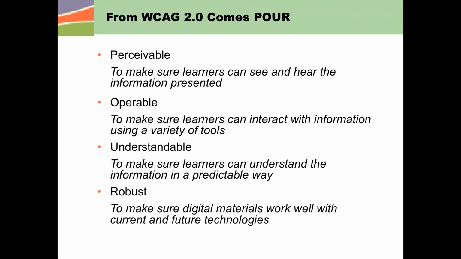An acronym that came out of WCAG 2.0 is a series of principles that have been given the acronym POUR, P-O-U-R. The 4 words that make up POUR are perceivable, operable, understandable, and robust. So these are 4 comprehensive principles that, when you're selecting your own materials, creating your own materials, choosing materials for your students, or purchasing materials, these 4 terms can be used as a